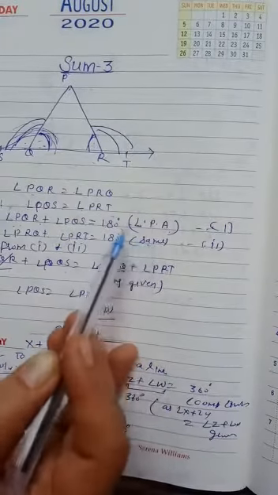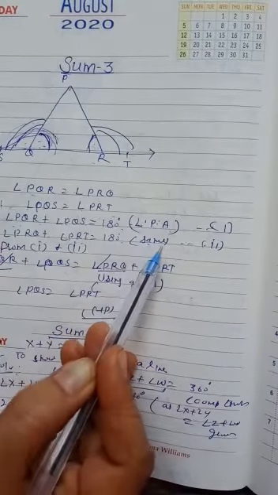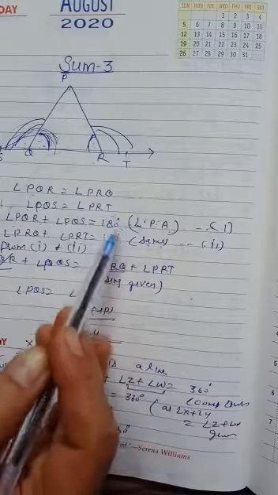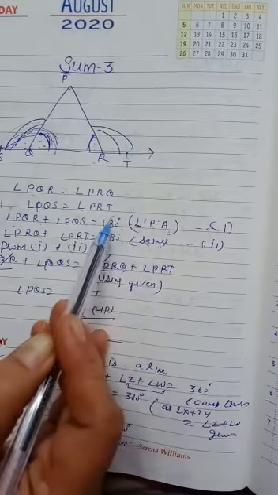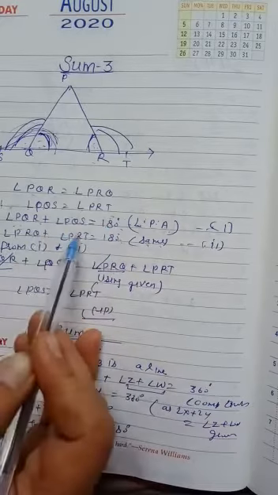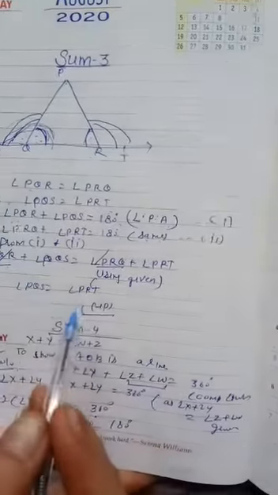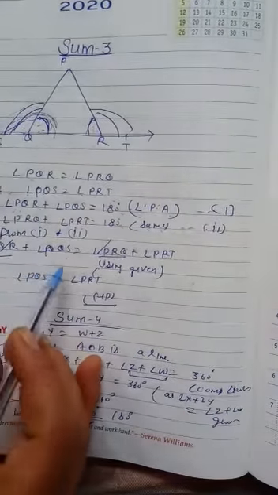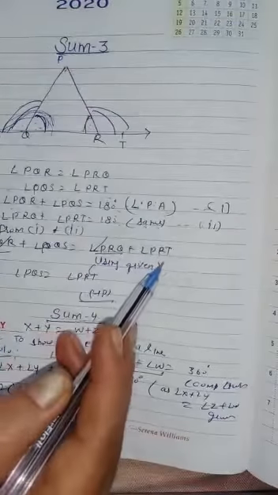Clear? Now just see, call the first equation number 1, the second number 2. Both right hand sides are 180. It means they are equal. Okay, if their right sides are equal, we can say their left sides are also equal. Only write from first and second. What does it become? Angle PQR plus angle PQS is equal to angle PRQ plus angle PRT.